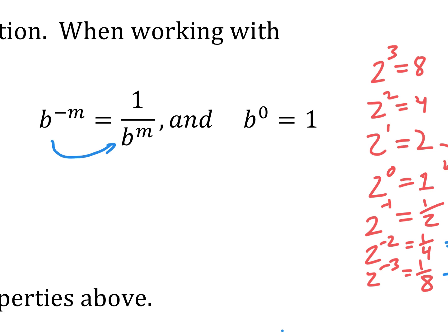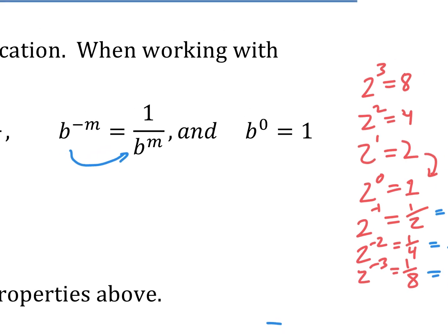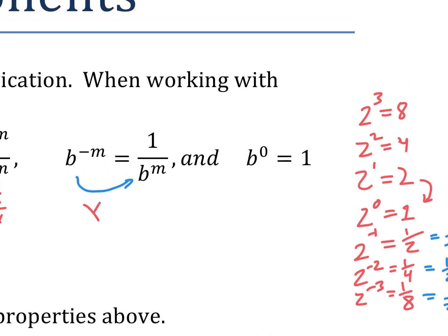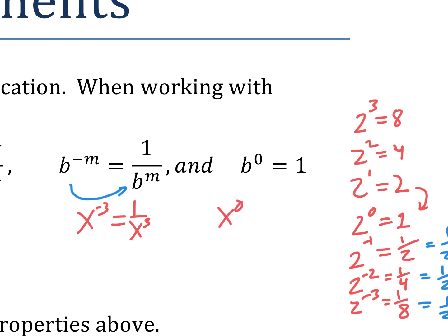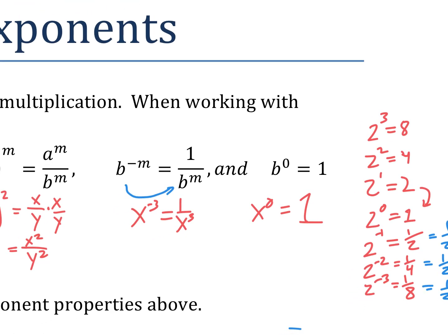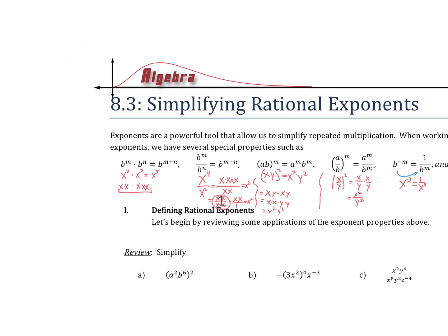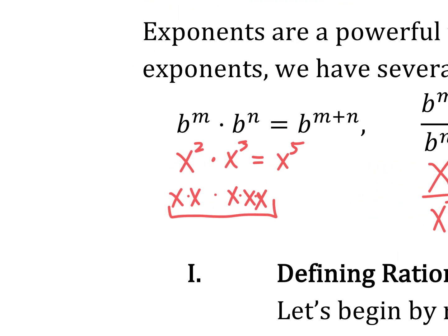So if I have x to the negative 3rd, that's going to be 1 over x to the 3rd. If we have x to the 0, anything to the 0, as long as x is not 0, by the way, we get 1. All right. So, oh, and there's one more rule that's not here that we're going to add to the list,